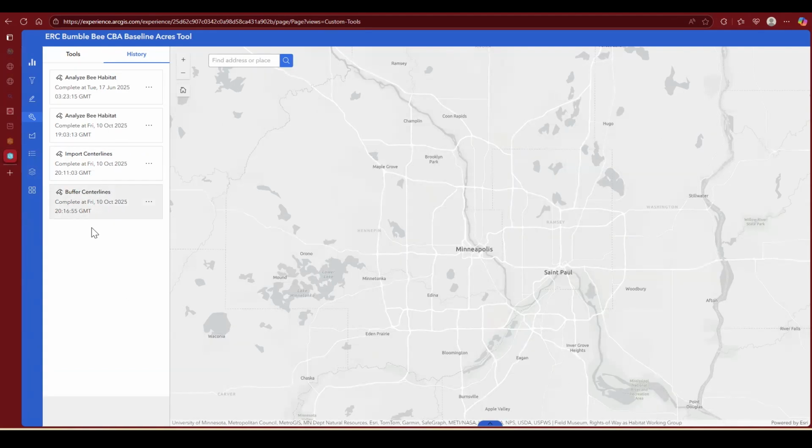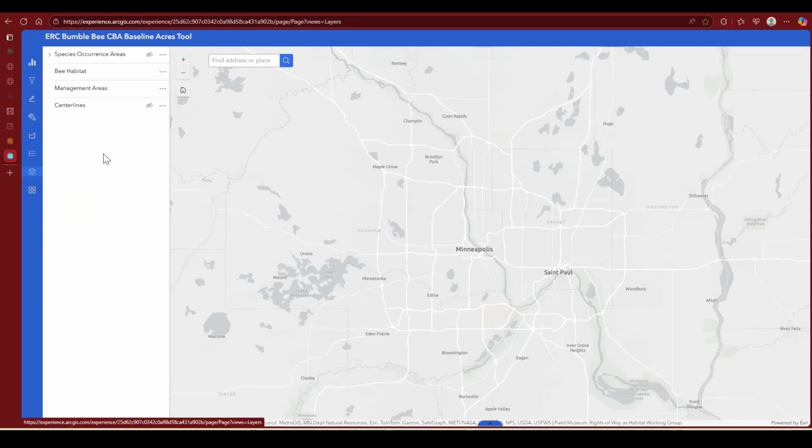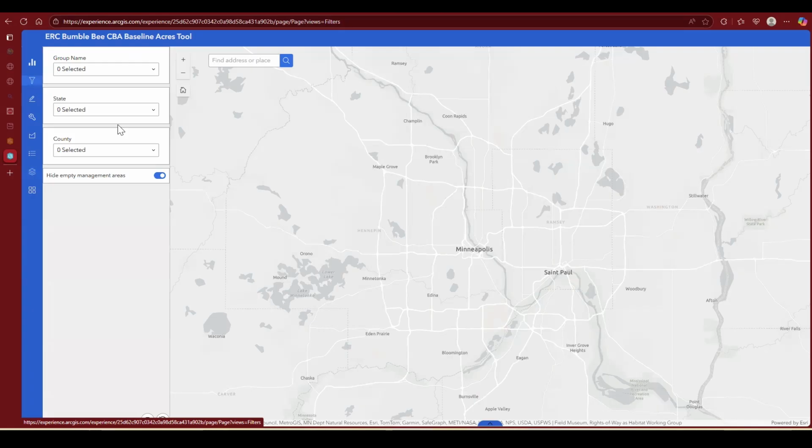Okay, so in order to see those results now, we're going to want to first make sure the layer is turned on. So go over here to your layers button, and you can see it is turned on because it doesn't have the line going through it. I just turned it off there. Now it's back on. But the buffered out center lines are not showing up yet. Here's our center lines, turn those off. The reason for that is we have a filter that's turned on by default. So you're going to have to turn off that filter